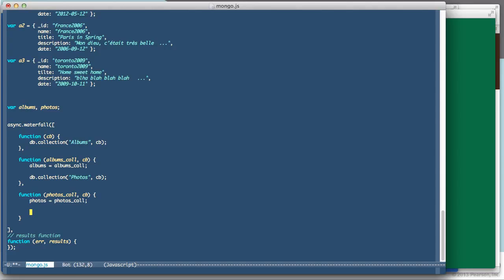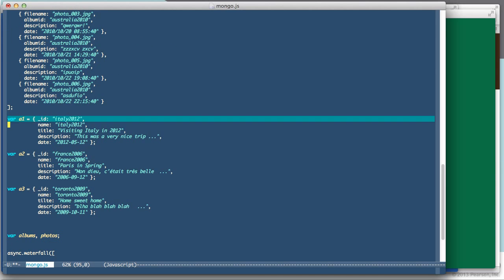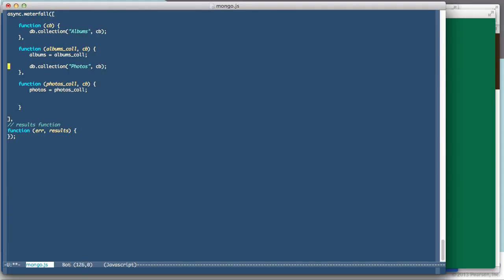Now, the way I'm going to insert things into the collection is using the insert method of the collection object. So I have this document describing an album, A1. We will go ahead and insert that into the collection here. I'm going to say albums.insert, and I'm going to say A1. I'm going to say safe